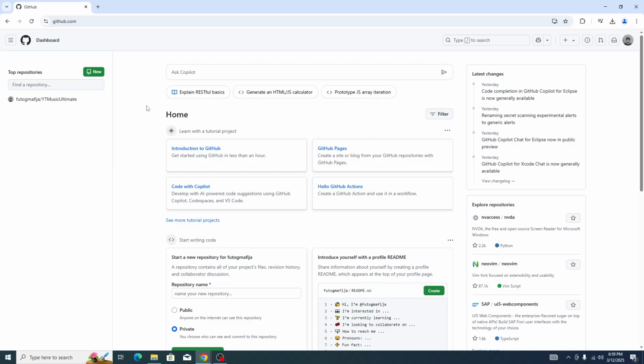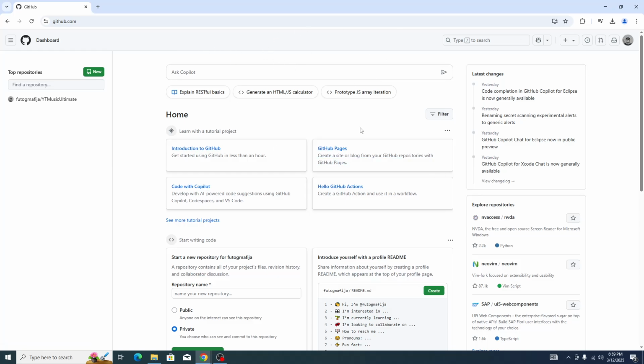So first things first, we're going to be opening up the official GitHub website right here, github.com, if you have not already, and after opening it up, you'll be greeted by the main page right here. So what we want to do first in the main page is log in. In the upper right corner, you have the sign up button to create an account if you do not already have one. If you already have one, you can just log in normally using the login button, and once